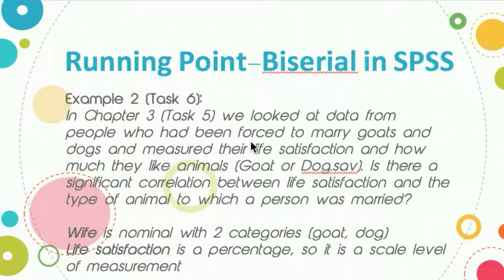Is there a significant correlation between life satisfaction and the type of animal to which a person was married? Now, when I looked at this scenario, I wasn't too happy about the context, but I like the statistical